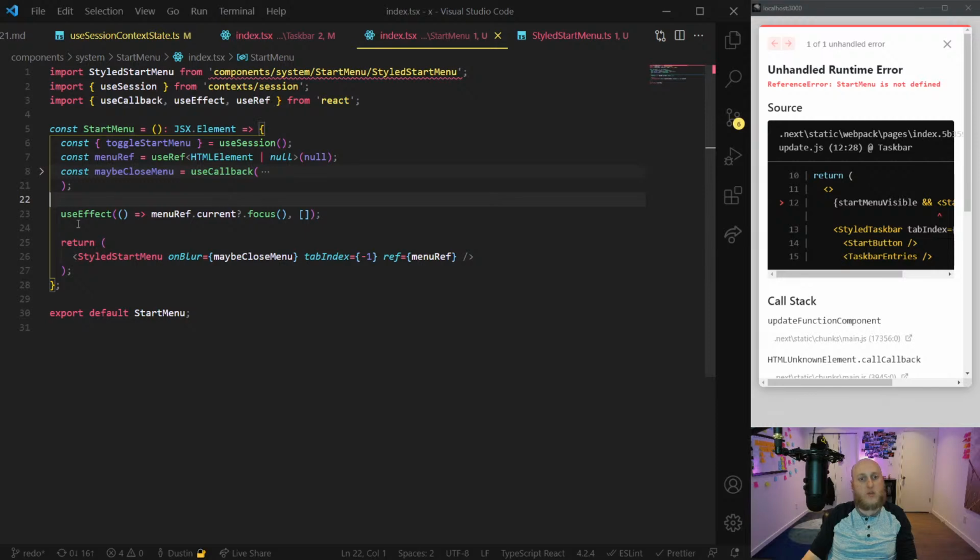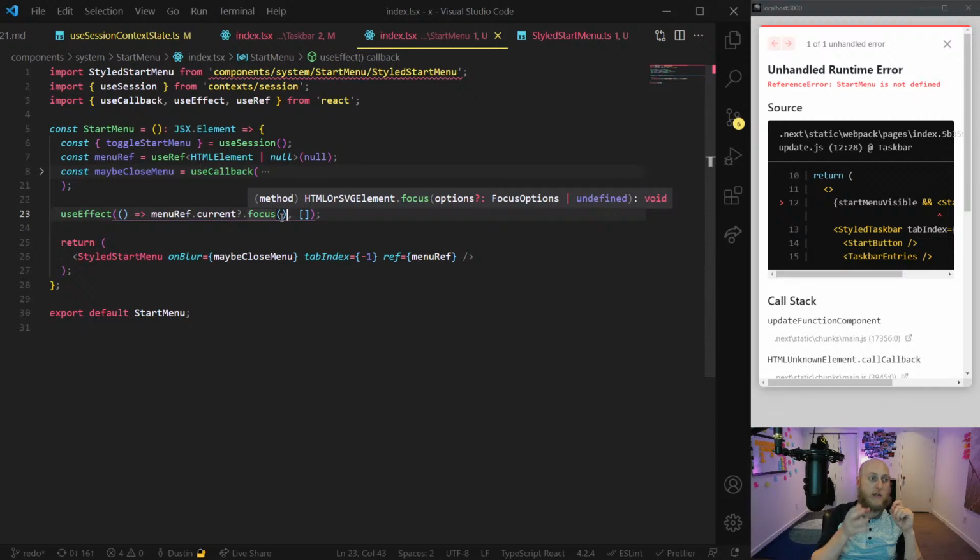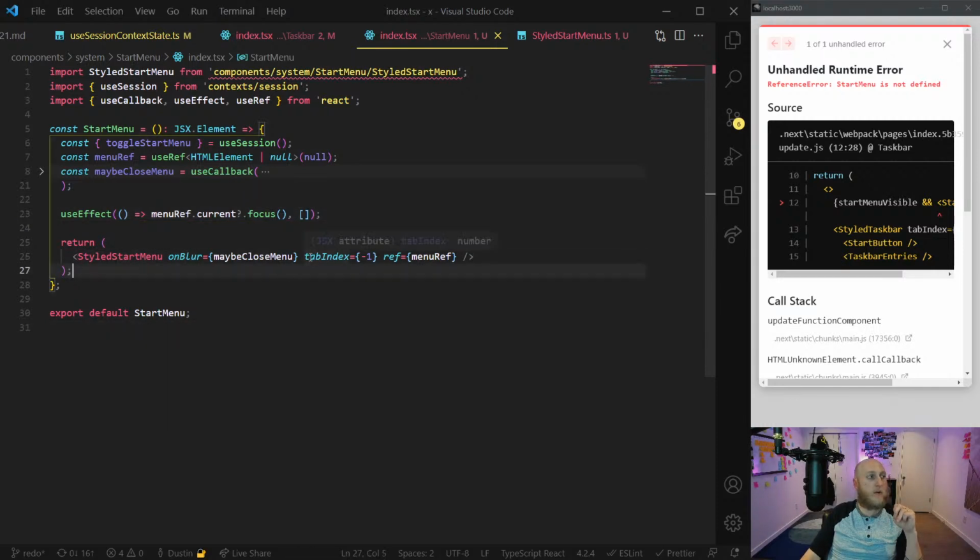So the first thing, when the start menu component is visible, the useEffect, once it's mounted, is it's going to focus on itself. That allows it to steal the focus, and then it can control what happens on a blur. And as you see here, remember, again, we needed the tabIndex -1 so that it's a focusable, blurrable item. Or if this were a button or something, which it's not. So it's a nav element, I think. Well, we haven't made it anything yet, but whatever it is, it's not a button. So it's not going to automatically have a tab index, I think. And here's the ref we got, like I said.